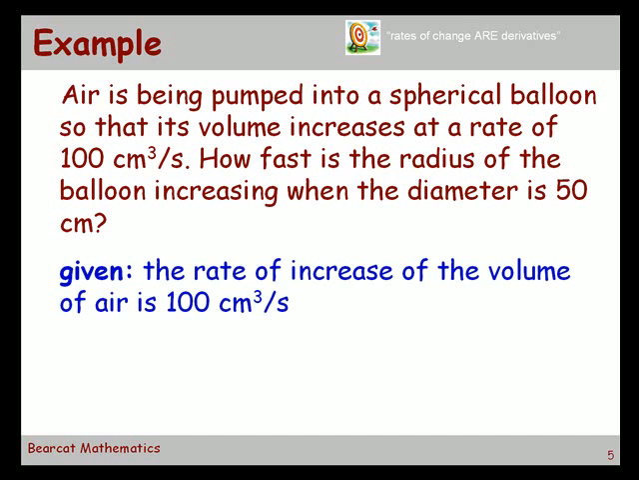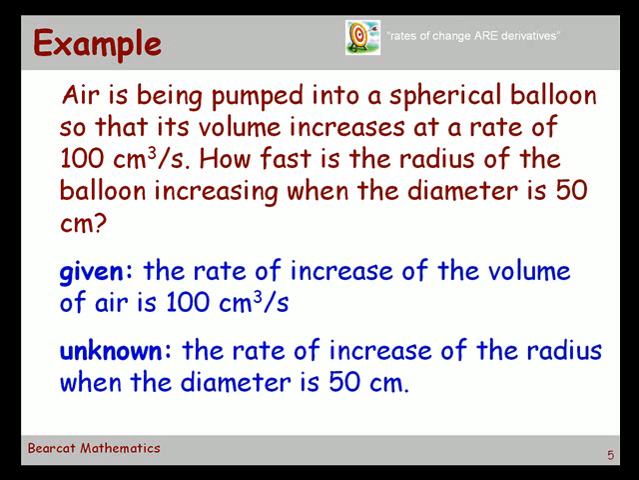It's really important that you identify what you're given and what you're trying to find. We're given the rate of increase of the volume of the air or of the sphere is 100 cubic centimeters per second. What we don't know is the rate of increase of the radius at the exact time that the diameter is 50 centimeters. That's what we don't know. That's what we need to find out. So we're going to take another known here